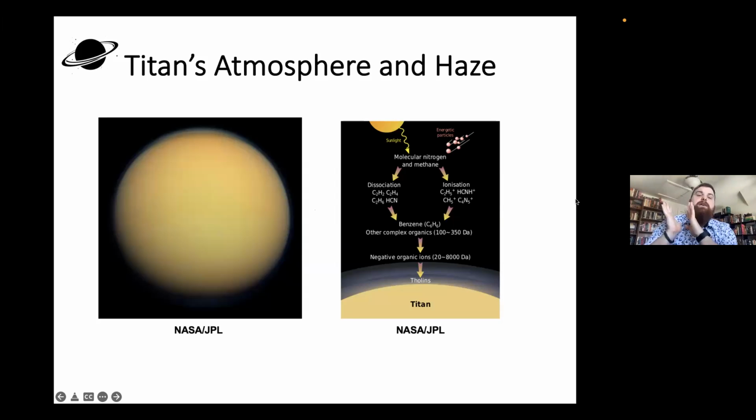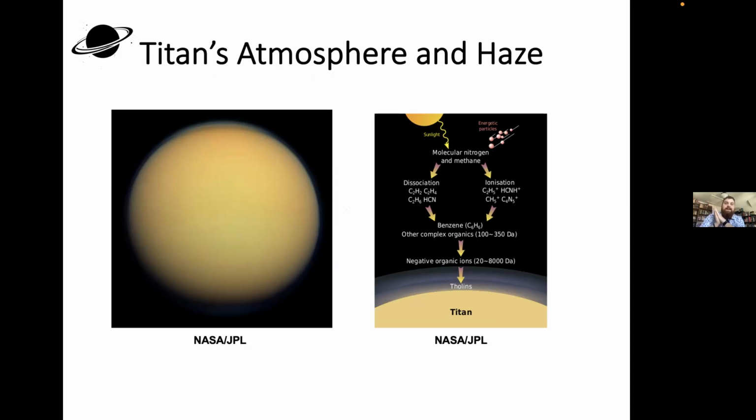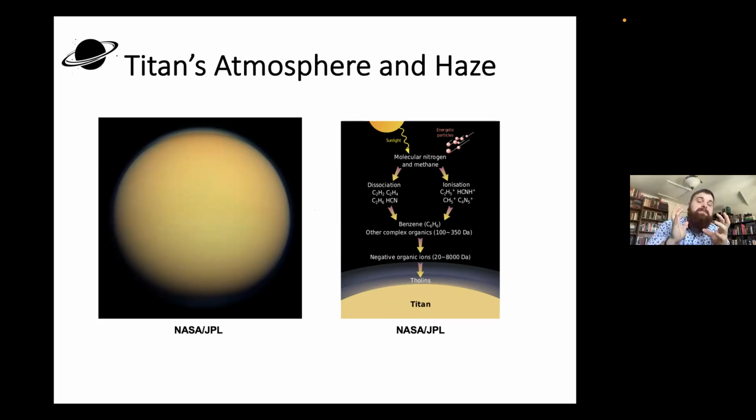So for those of you who aren't familiar with Titan, it is unique for a few reasons. First off, it's an icy moon, which means it's a big ball of ice with a liquid ocean deep below that ice layer. But it's unique not just because it's ice, it's also really big, and it's also got a really unique atmosphere, which other icy moons do not have. This atmosphere is composed mostly of methane and nitrogen, CH4 and N2.